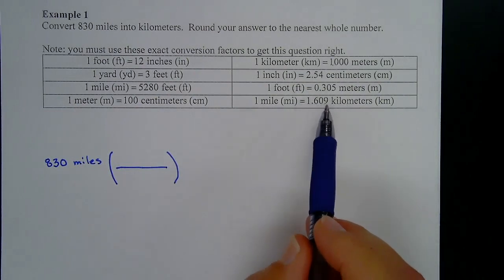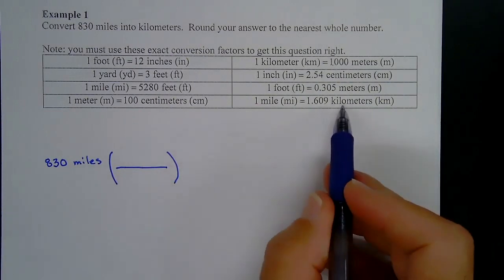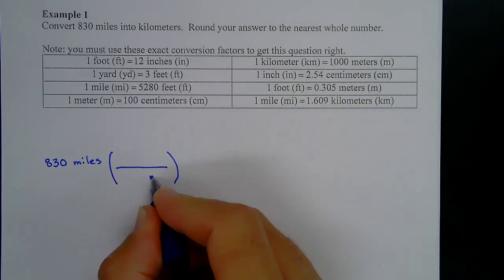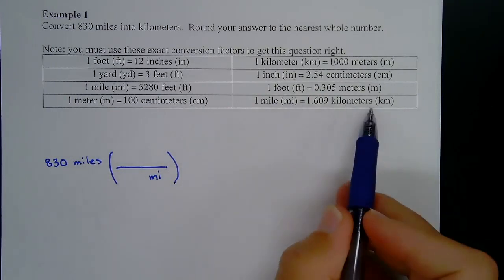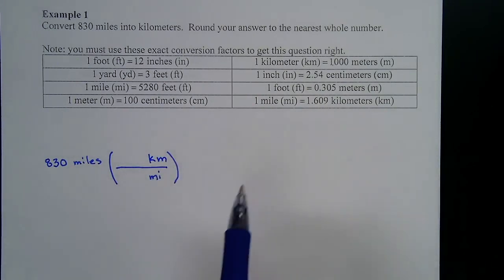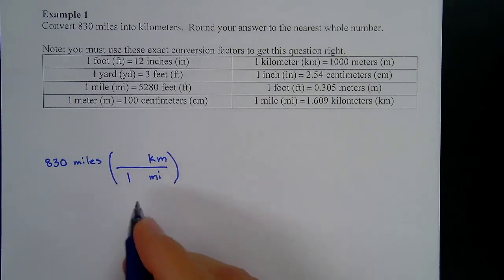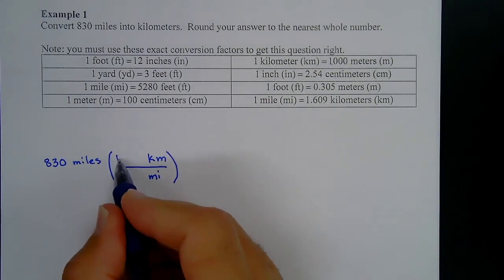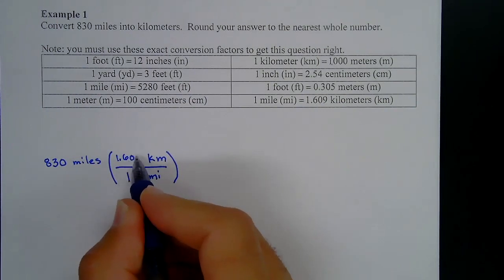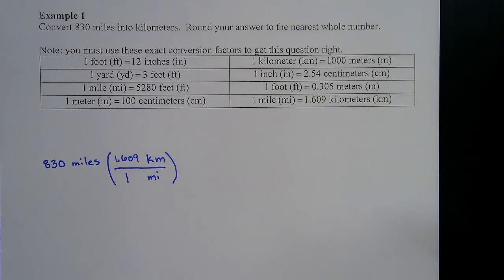Okay, that'd be good. Why? Because we have miles and we're going to want miles down here, and this one actually converts to kilometers. So this one's going to be miles, MI, and this one's kilometers. And what I know is that I can take 1 mile and 1.609 kilometers. That is equivalent to multiplying by 1, because it's what I just talked about on the first part